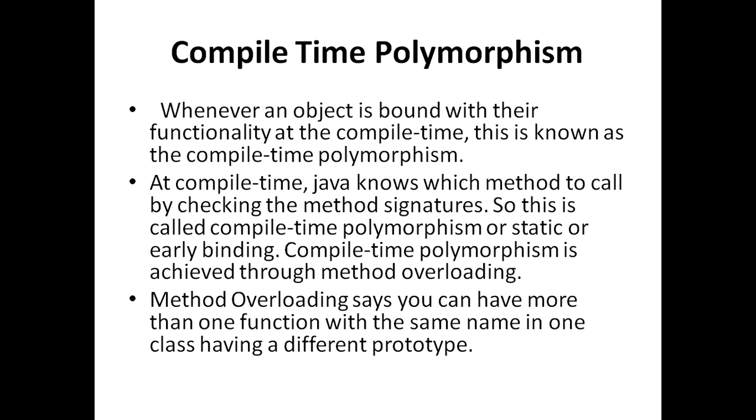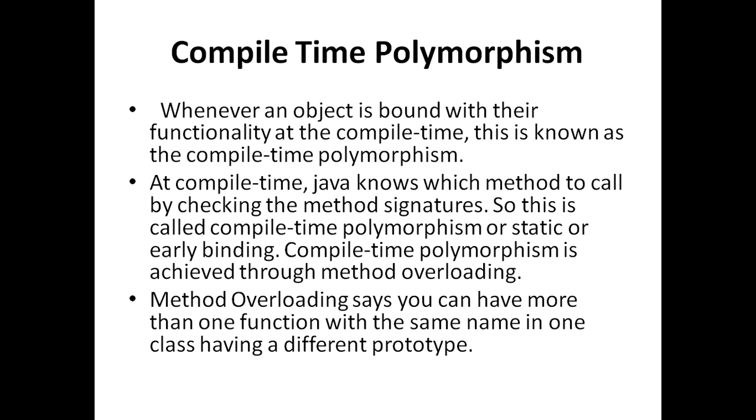So the second term is compile time polymorphism. Whenever an object is bound with its functionality at compile time, this is known as compile time polymorphism. So here everything will be clear. Whatever you saw previously, you can use the same functions, but the point is